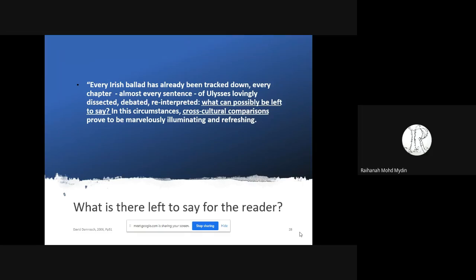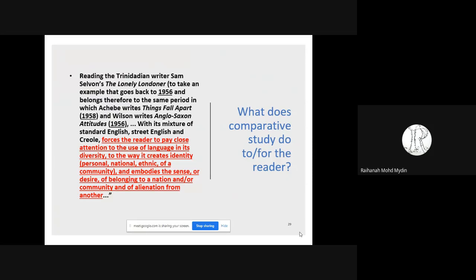But the minute you bring in another text and you compare that text with these classics, quote unquote classics, then suddenly you have something new to add to that discussion. So that's partly why comparative literature is still relevant. And finally,